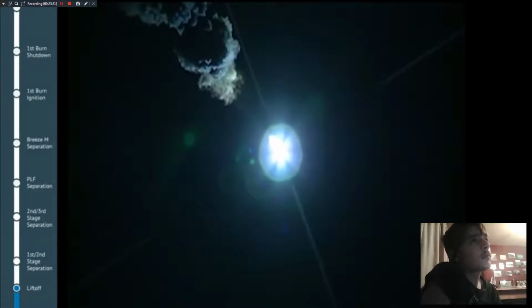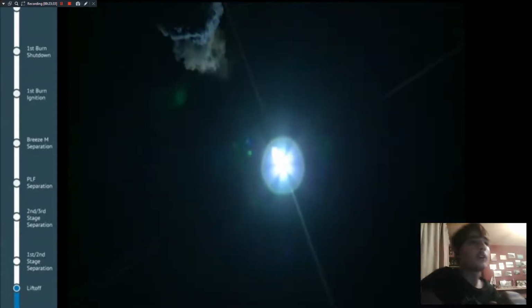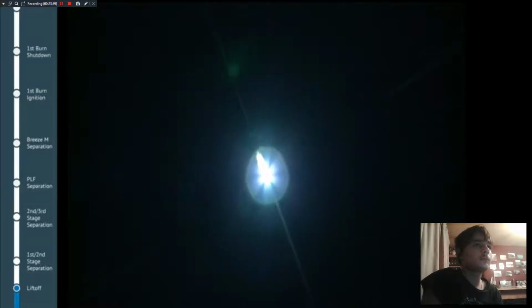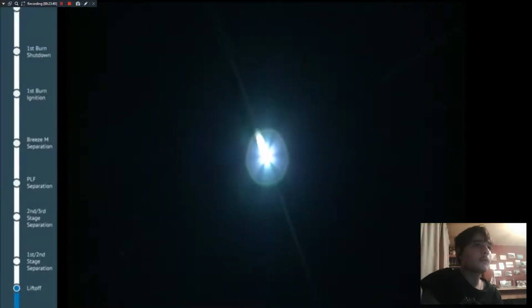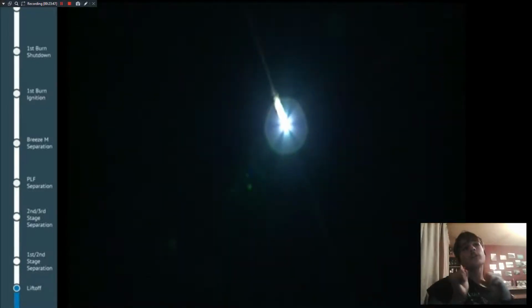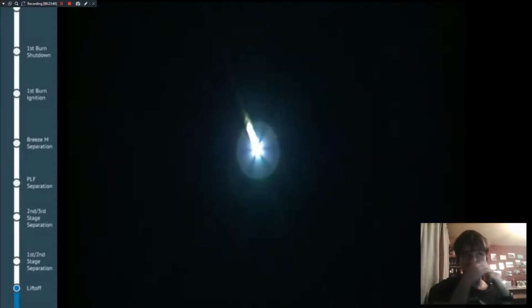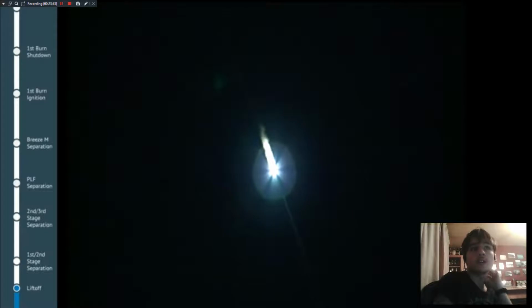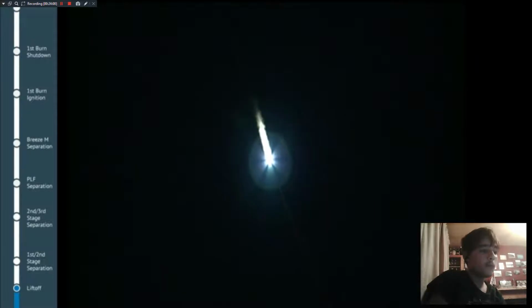So we're at T plus 1 minute. The vehicle is transonic at this point. Beautiful shot there of the 6 stage 1 engines, creating a halo effect with the light on the lens of the camera. Now, the Proton uses a hot staging, which means they ignite the second stage before they separate the first. Everything seems to be proceeding nominally as the two-stage vehicle ascends over the cosmodrome in a northeasterly direction into a suborbital trajectory